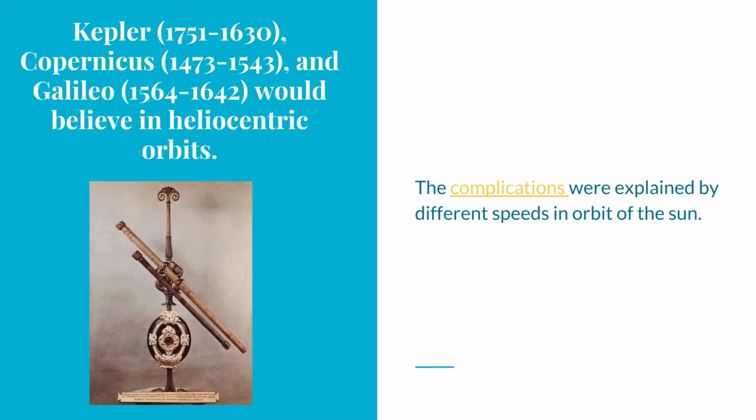He was able to then say that you would have retrograde motion. You'd have Mars appearing to go forwards and backwards in the night sky just because of the position of Earth between the sun and Mars. Then you had Kepler. So Kepler was the astronomer who said that the paths of planets were ellipses and not circles. So that also complicated those orbits just a little bit, but made the model more realistic. And then Galileo was able to incorporate telescopes. And so this is a picture of actually Galileo's telescope.